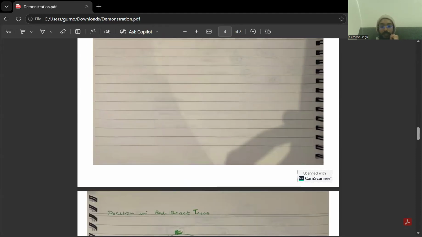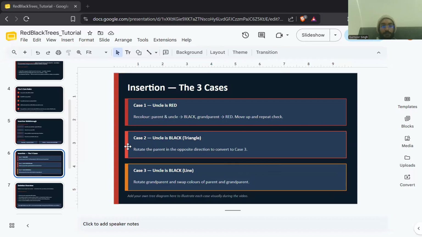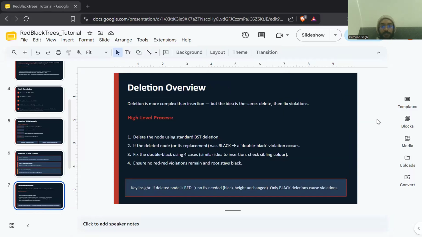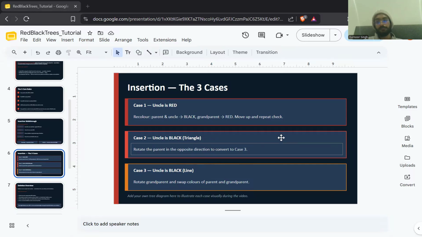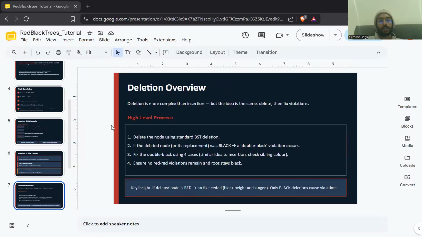And if I just jump back to the slides there. So yeah, this was how insertion was taken. If the uncle is red, we just move towards the recoloring process. If the adjacent uncle is black or not present, in that case we are moving towards the rotation and recoloring process. And likewise, if I just move towards the deletion overview here,